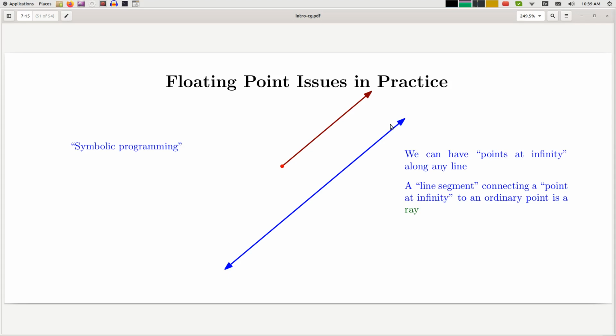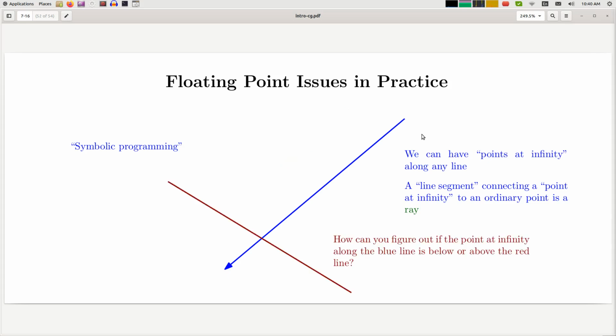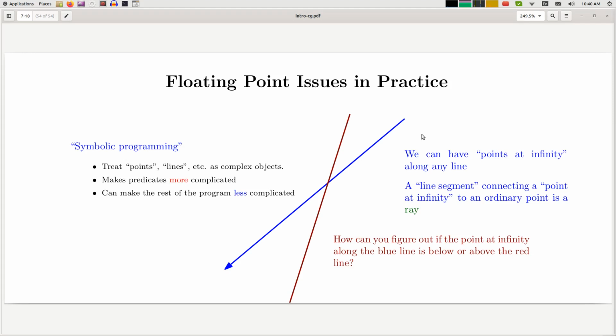So what do I mean by that? If you have two parallel lines, you could say they are parallel because they pass through the same point at infinity. So that's one way to define parallel lines, which is a symbolic way of capturing it in your code rather than by setting their slopes to exact or equal values. And that's basically all I want to talk about in